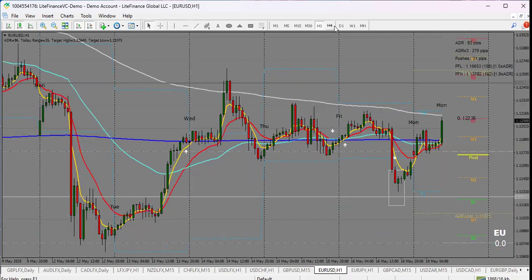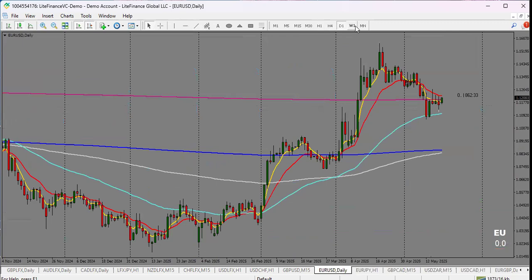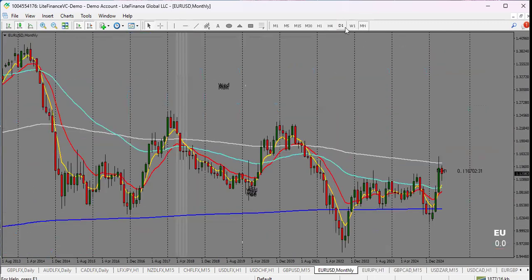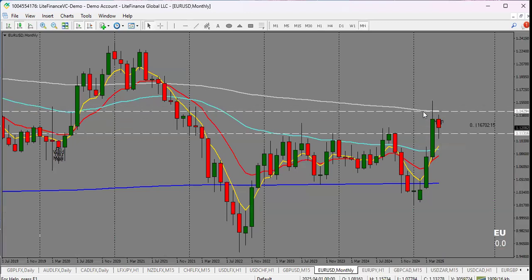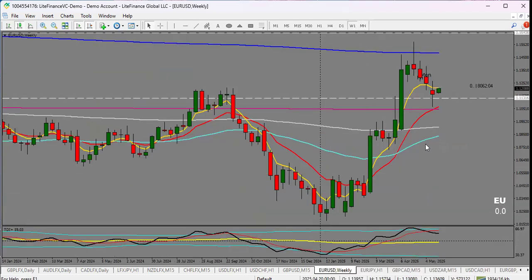So let us have a look on Euro USD. So Euro USD, this is the monthly time frame, and we are looking at the market structure. So the market structure is still bullish. We have bounced around this 200 EMA, and this month candle has opened with a retracement, and then you can see it is now having that reversal